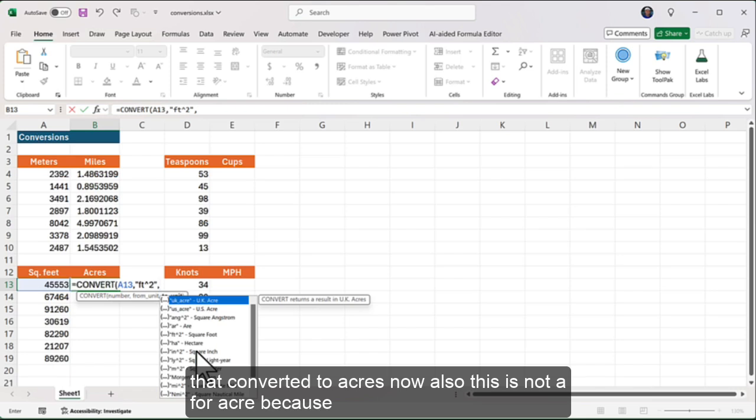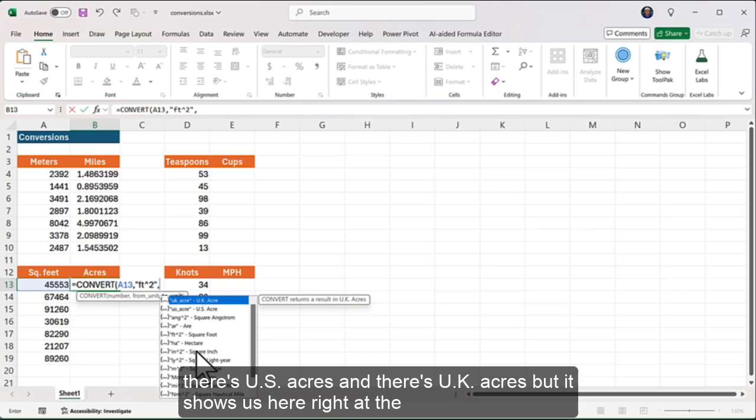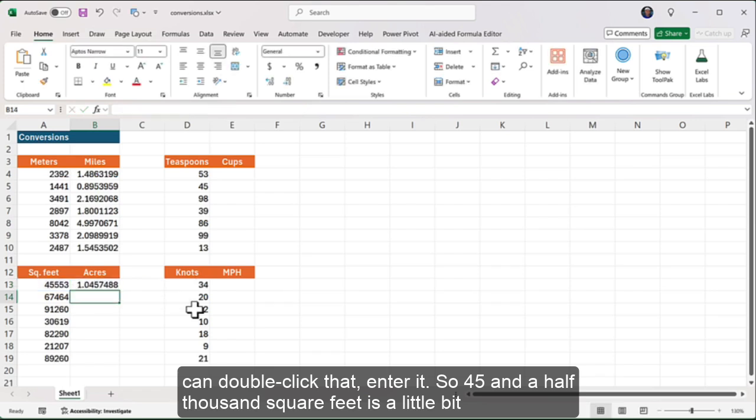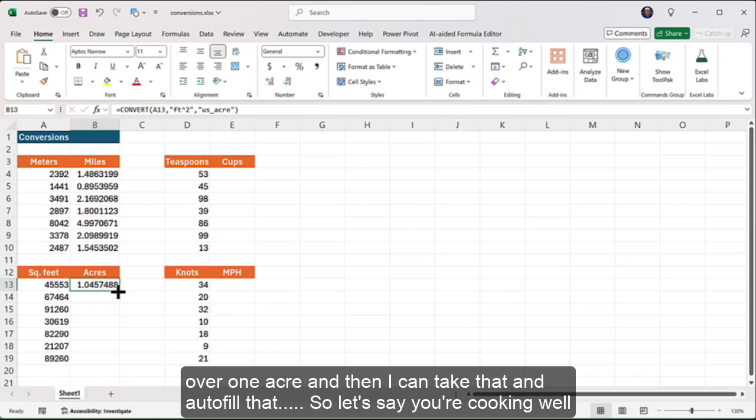Now, also, this is not A for acre because there's US acres and there's UK acres, but it shows us here right at the top of the list because it understands that we're looking at area. So there is US acre. I could double click that, enter it. So 45,500 square feet is a little bit over 1 acre, and then I can take that and autofill that. So let's say you're cooking. Well, let's go to